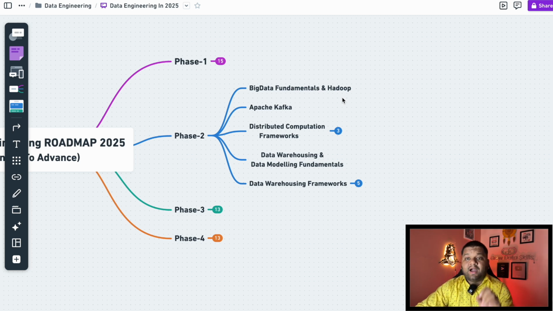Then coming to the backbone of the distributed computation, everything started from this Hadoop and distributed computation framework. So understand it. There is no need to write and practice code for typical MapReduce section, because Hadoop has three components: the HDFS, then MapReduce, and then the resource manager. No need to practice that part.